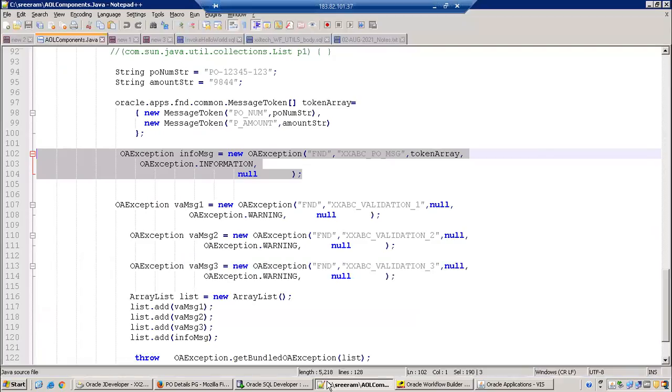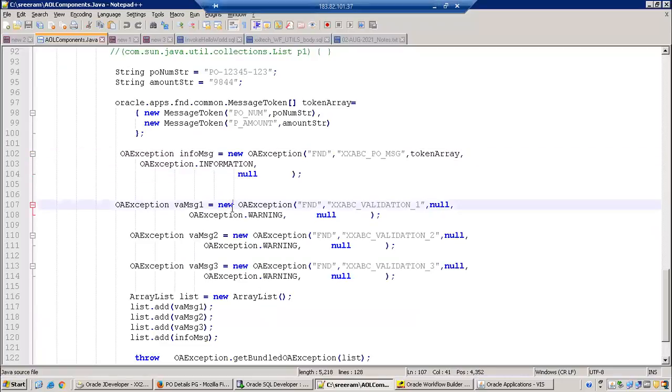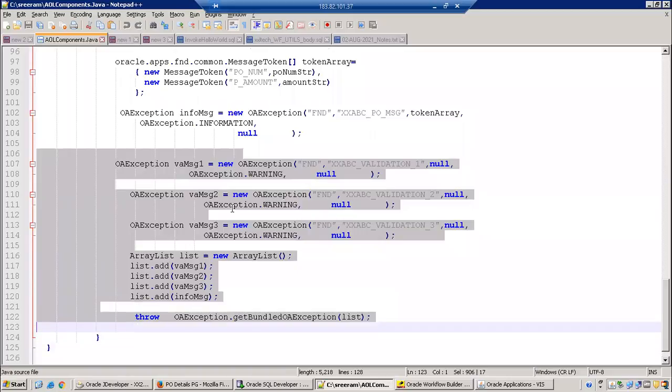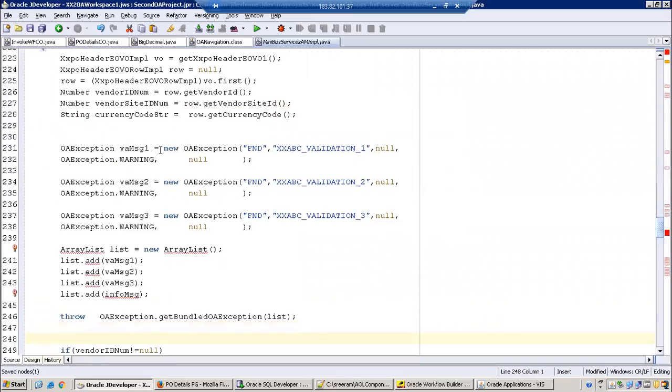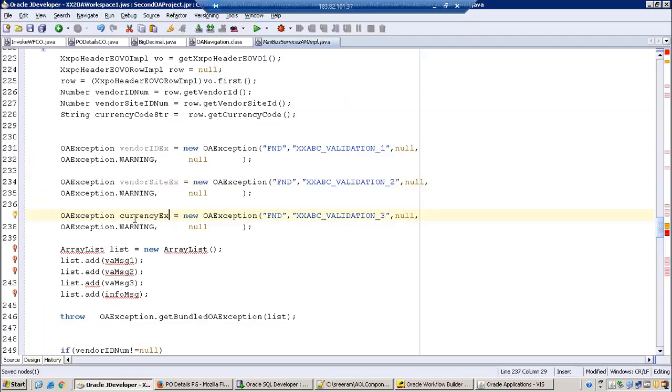For that, we need to consider a concept called bundled exception. Let me copy paste this logic. I'll say vendor ID exception, this is the first exception, then vendor site exception, as well as currency exception.